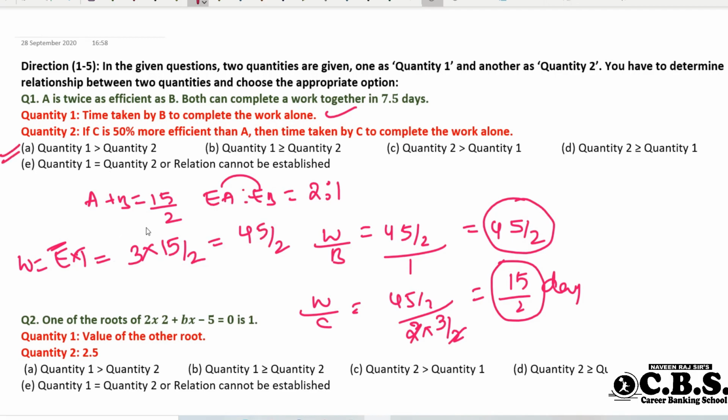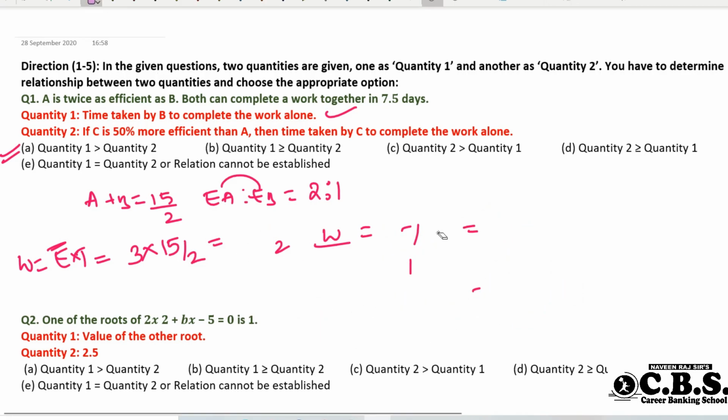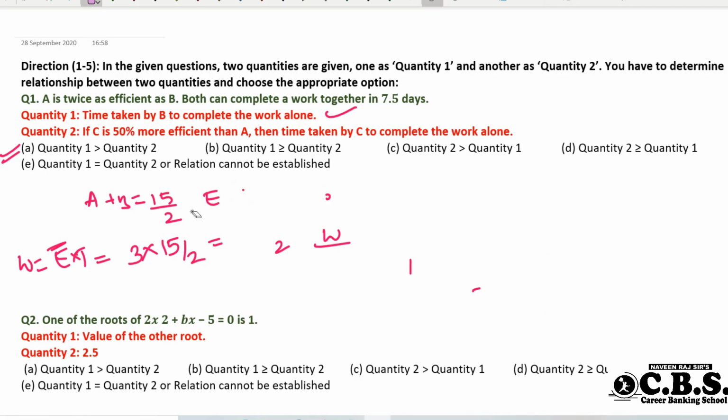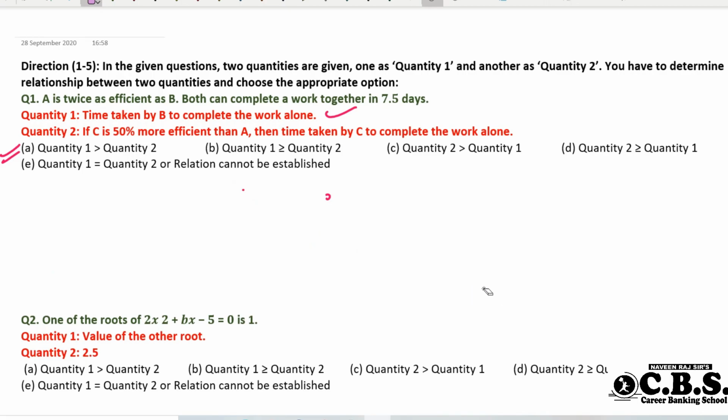In an exam, there's no need to do this entire calculation, because you can answer the question with a simple concept. What if you learn more on the concept? So this is the answer to the first question. My sincere suggestion: always have a good grip on the concept, especially while doing data sufficiency or matrix questions. Clear?